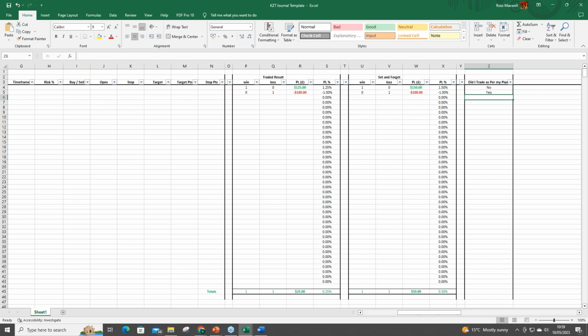So if you identify that your trade plan has that edge and you are following your trade plan 90 to 95% of the time and you're still not making money, then you know there's an issue with your trade plan and that's what needs to be changed. But if you're not following your trade plan, you know you need to work on you. It's not the strategies in your trade plan. It's not the trade plan as such.